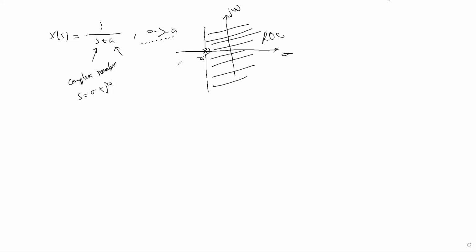I think you already know how to plot the ROC. I just gave the brief idea. I have also given a note based on the Laplace transform: if the ROC is to the right of the rightmost pole, then the signal is a right-sided signal. We already explained these things and learned them in the last classes. If you have any doubt, you can ask.